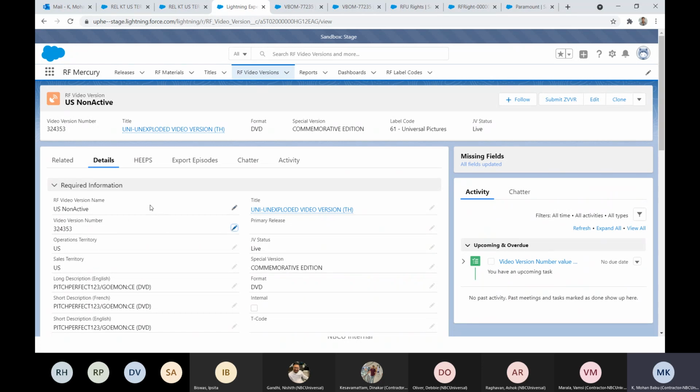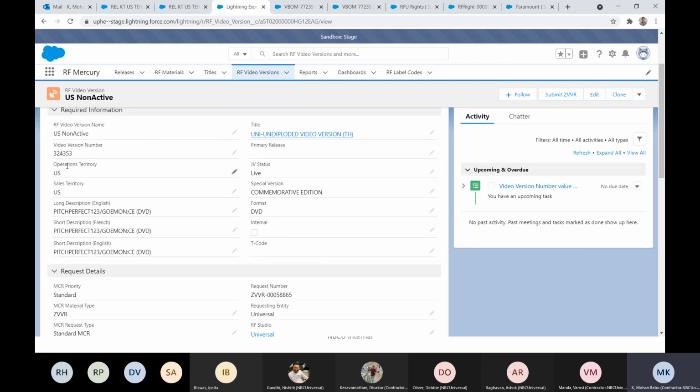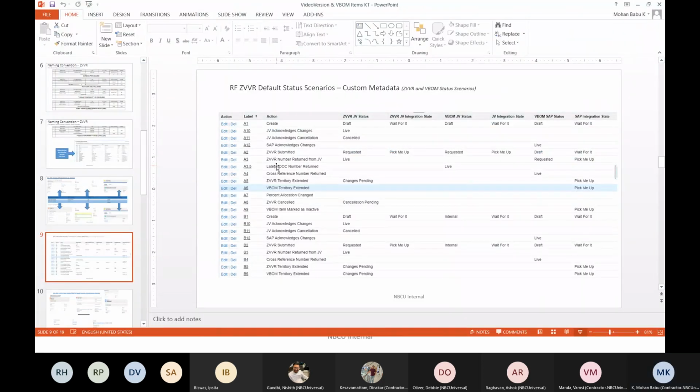They are saying that they processed this record. Previously, the integration state will get processed because the integration team returned the JV number. The JV number being returned means the status will get updated. Similarly, the other scenarios will also work here.